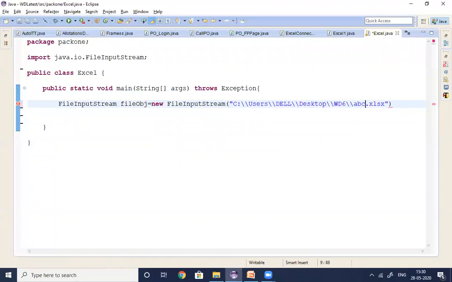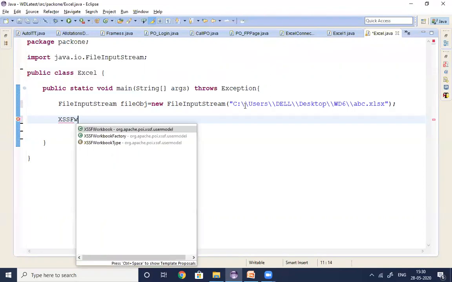Once you identify the location of Excel, the next step is to open the identified Excel file. We can open the Excel file in two different ways in POI.jar file. If it is an older format of Excel, .xls format, we use HSSF format, horrible spreadsheet format. If it is the latest format of Excel, we use XSSF format, XML spreadsheet format. Here we are using the latest version of Excel, .xlsx format, so we are using XSSF format. So how to work with the XSSF format?